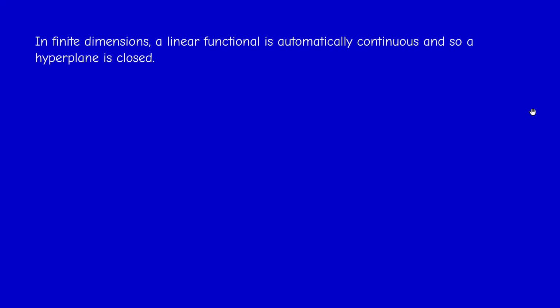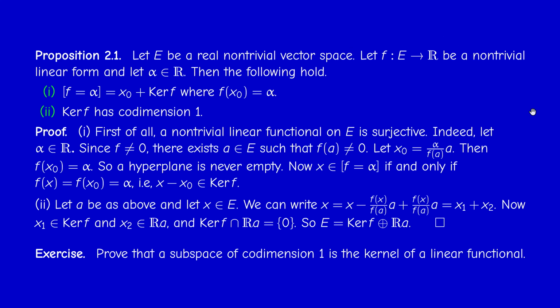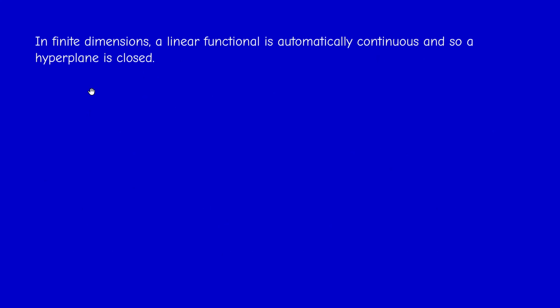Now we move to normed spaces. Now we put a norm on the vector space. So we would like to deal with linear continuous maps. And if the linear map defining the hyperplane is continuous, then as we know, since the hyperplane is the inverse image of alpha under f, and the singleton alpha is closed, then the hyperplane corresponding to a continuous linear map is automatically closed. Because it's the inverse image under a continuous map of a closed